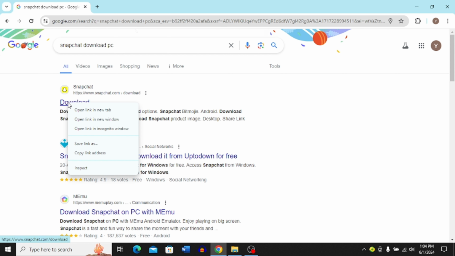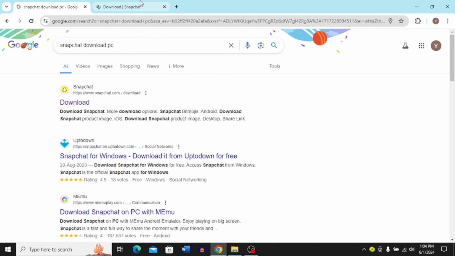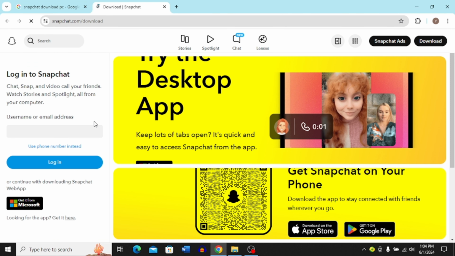I'm just going to right click on it and then click open link in new tab, and it's going to bring me to this page over here. And now you can see I have this download for PC over here. Just click this download option on the top right corner, and once you do so, it's going to take you